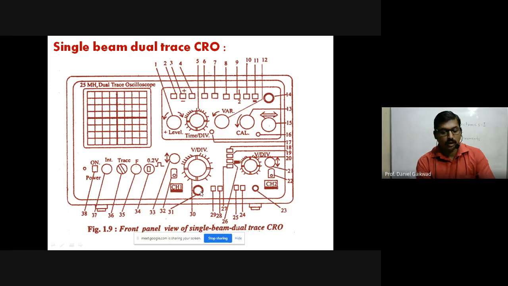In this diagram we are unable to check the shape of that connector and how to fix it, but in practical you have the actual CRO, and in that case to fix that particular cable, just rotate a few angles, 30 degrees or 90 degrees, and the cable will be easily fixed. To open also we have to rotate, slide, and then it will be taken out. So in that case we have actual working or actual handling of the CRO here.